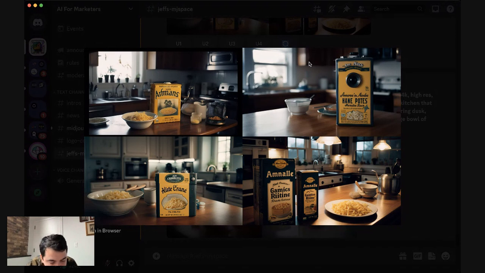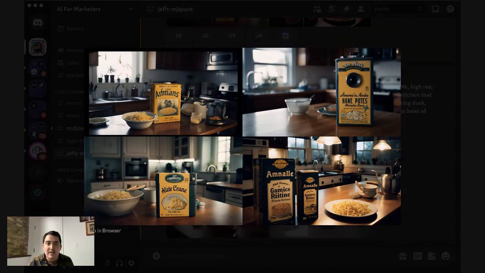Is there a way that you can get the 4 images it creates to be a bit more divergent? Yes, you would create that using, and I'm just going to really quickly switch over to a different screen, you would use the chaos option. And I'm just going to go inside of the Midjourney. Switch screens. Yes, you would use the chaos function.